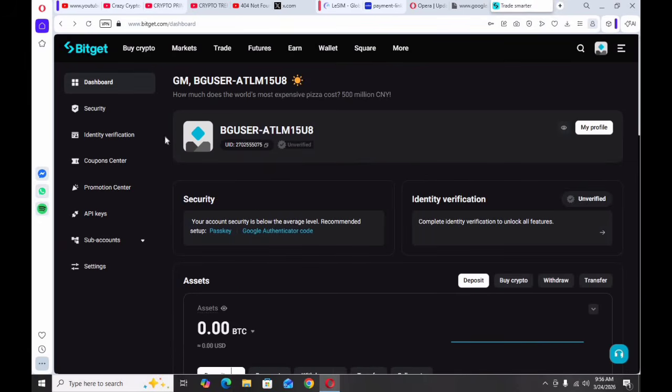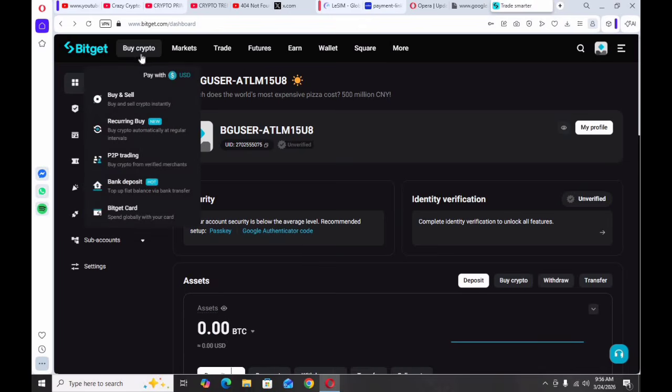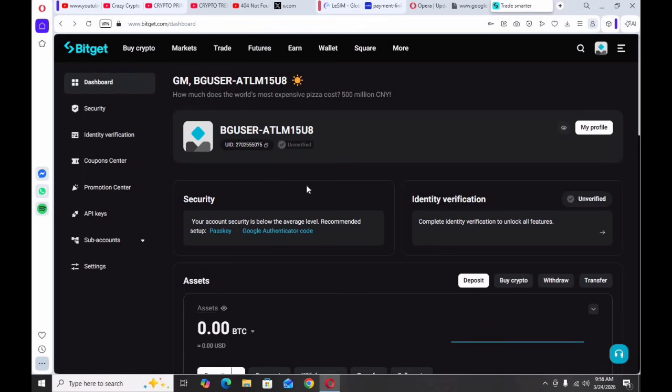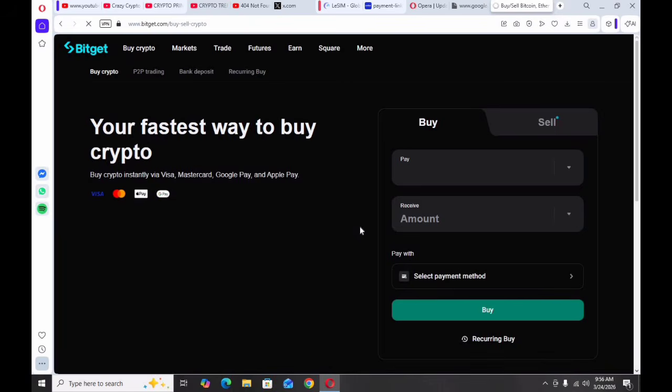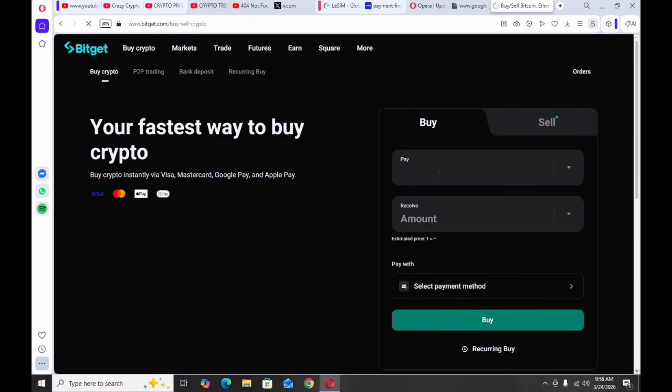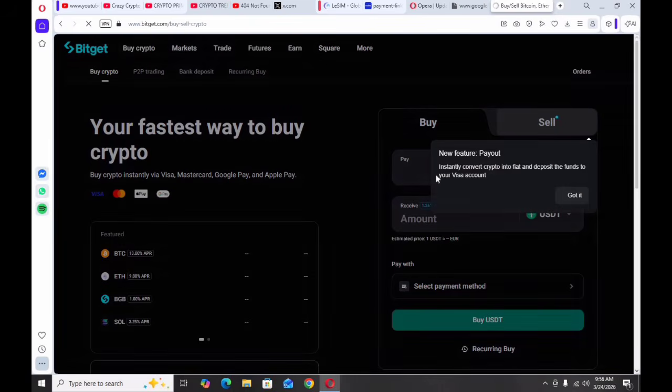This is for USDT. So friends, like that, next you can see there is buy crypto, sell, security, and P2P, bank deposit, bank card, etc. You can easily deposit from there, and you can easily click on buy crypto from here. This is similar to most other exchanges.